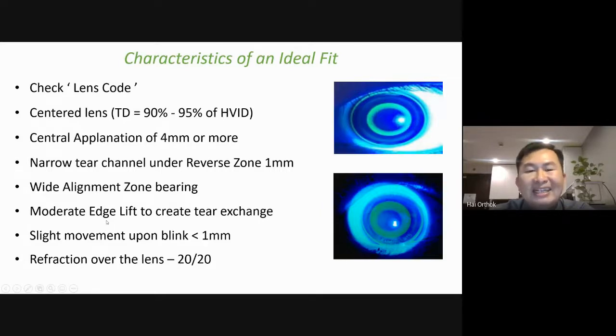We have edge lift to exchange the tear, and if you see a very good eclipse like this one, it is actually very safe for the cornea. When you examine the patient's eye on the slit lamp, ask the patient to blink, and the lens should move about 1 millimeter. That means the lens is not too tight and not too loose. When we over-refract the lens, it should be close to 20/20 visual acuity, if